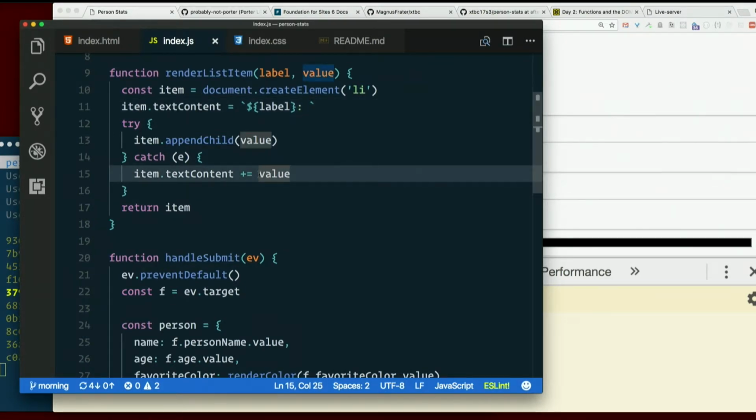Make sense? Yeah. What's the difference between append child and then just adding something to it? Just adding something to it, by that you mean? Plus equals, just literally adding it in your catch. The difference is append child can't take a string as an argument. Yeah, so if the value is a string, like the age and the name are,